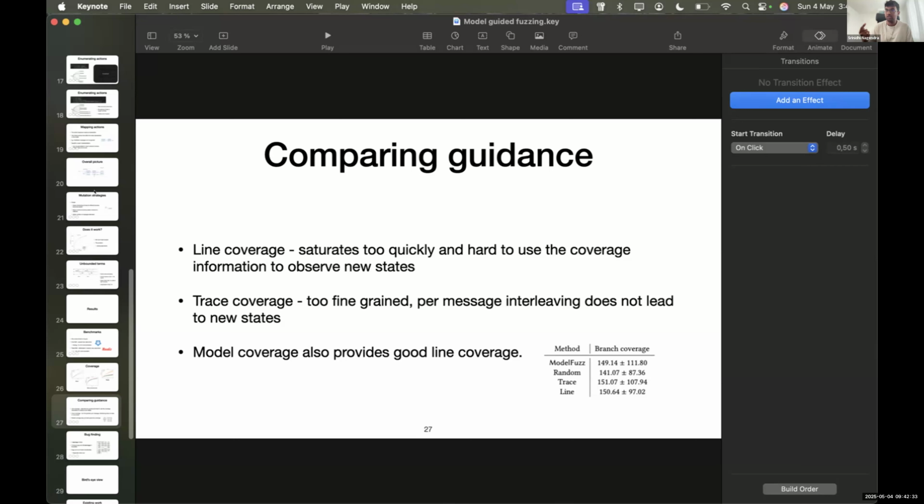If this process is slow, you just don't do as many iterations. This is an optimization, essentially. It's not a necessary feature. If you run an input on the implementation and now you want to simulate it on the model, if you can do this very quickly, you can cover a lot more iterations on the implementation.